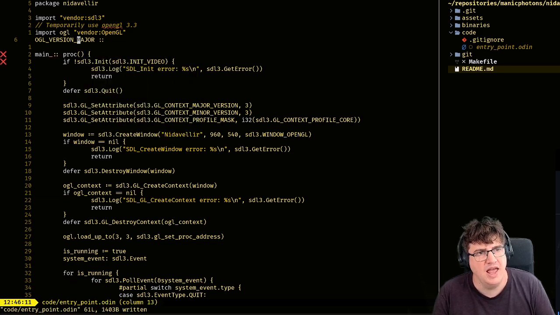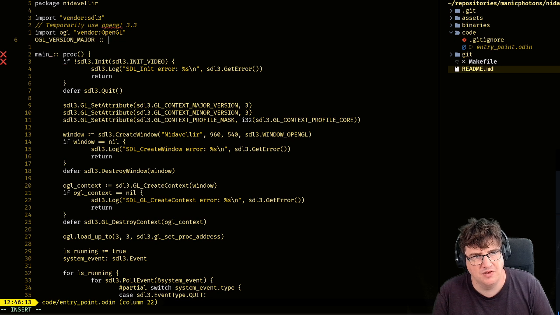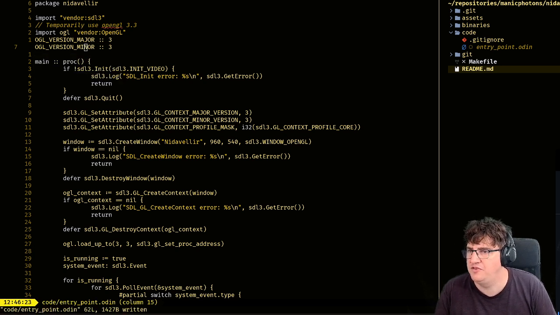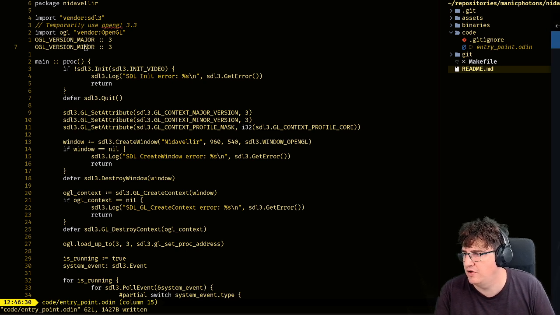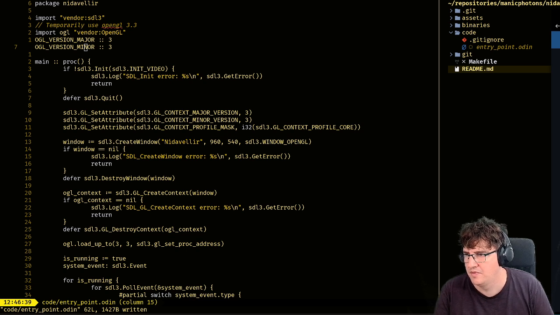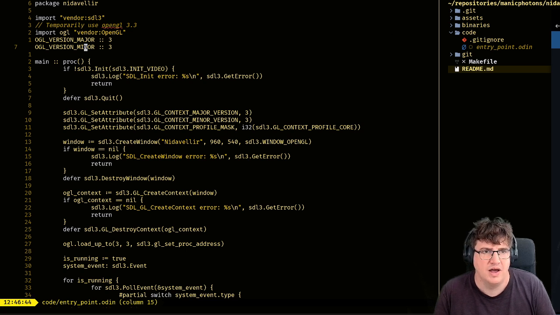Now, here we're declaring another type of constant, OGL major version, like this. When you want to be more specific, you can do so by declaring an inner type.